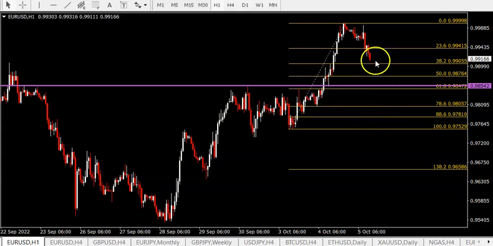So that's very interesting to see how price, in my view, will respond to this zone here, and whether we'll get a bounce or we're going to get a break. We could also, even if we get a bounce, we could still see a break. Of course, it depends how it bounces. So that's going to be very important to see if we get a bounce. Not only how much does it move up, but the correction after that, does it respect this bottom, and then does it make a continuation higher? Does it break this